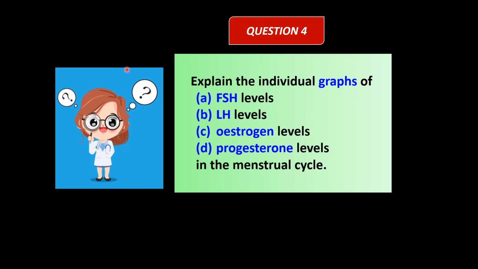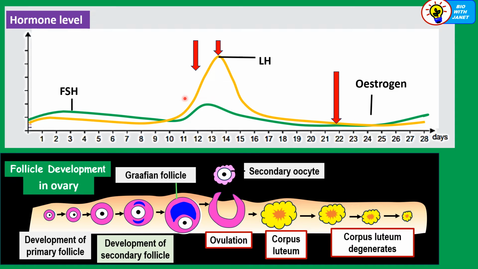Fourth question, we're going to explain the graphs of the FSH levels, LH levels, estrogen levels, and progesterone levels in the menstrual cycle. So we're going to explain each part of the graph when the hormones increase and decrease in concentration. Let's begin by discussing the curve for FSH, follicle stimulating hormone, and LH, luteinizing hormone. FSH is represented by this green line and LH by the yellow line. So from day 1